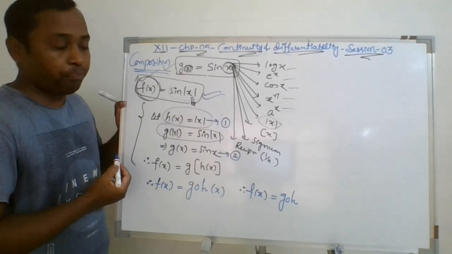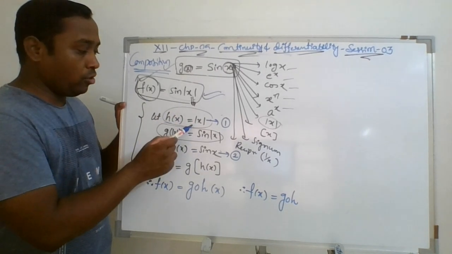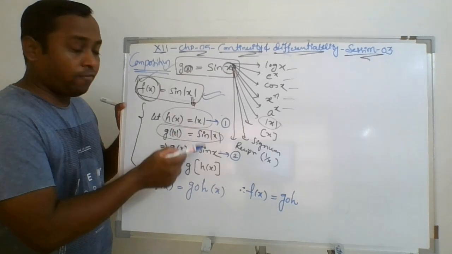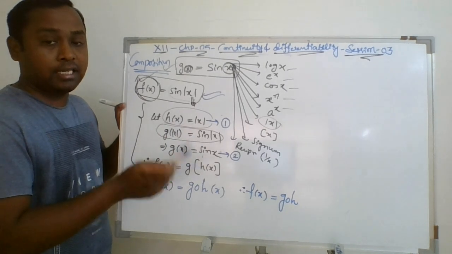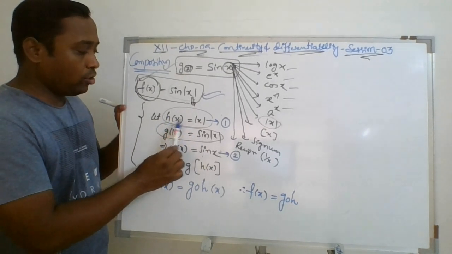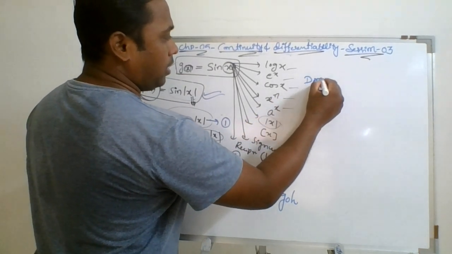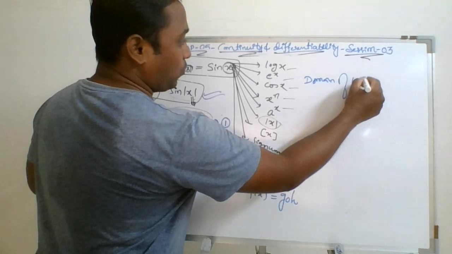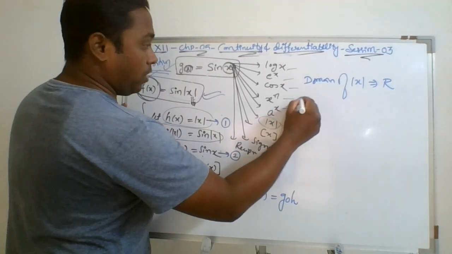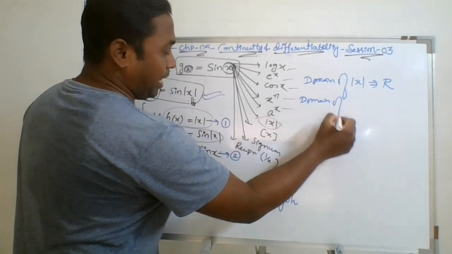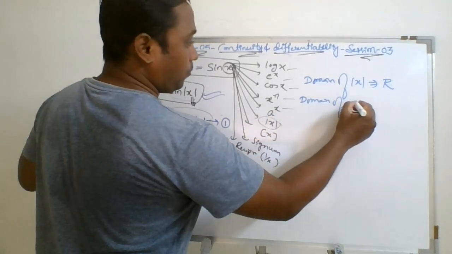This is the question now. Again, when you say the composition of the two functions, you need to prove these two individual functions are continuous in their common domain. Remember, again it's in their common domain. What is the h of x function here? Mod x. So first we will write the domain of the mod x function, which you know is every real number, and we'll write the domain of which function now? The sine of mod x.